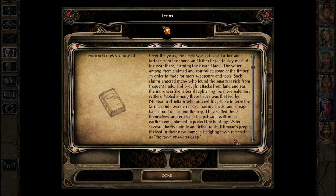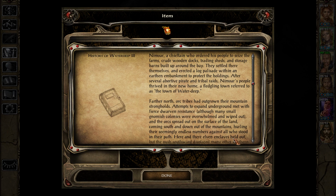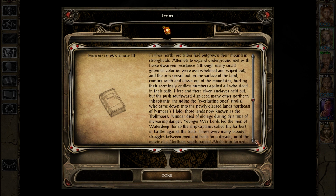After several abortive pirate and tribal raids, Nemor's people thrived in their new home, a fledgling town referred to as the Town of Water Deep. Farther north, orc tribes had outgrown their mountain strongholds. Attempts to expand underground met with fierce dwarven resistance, though many small gnomish colonies were overwhelmed and wiped out, and